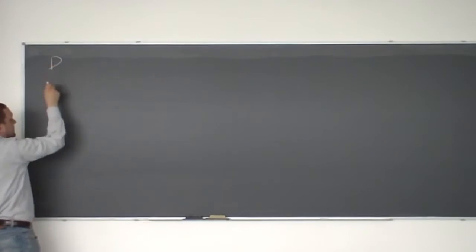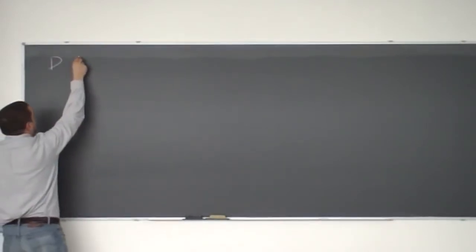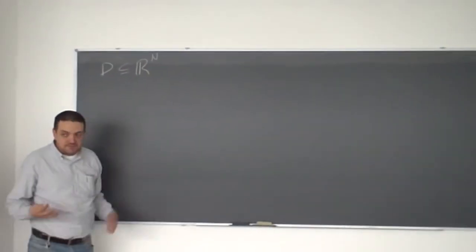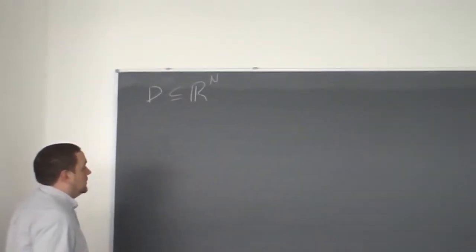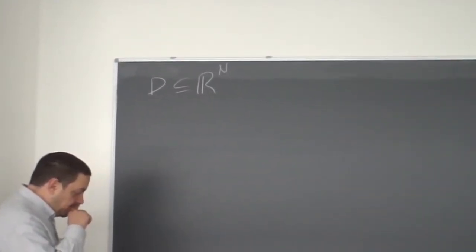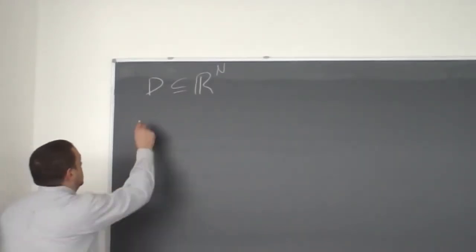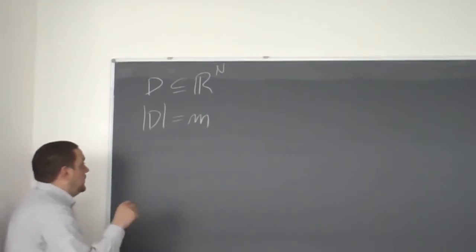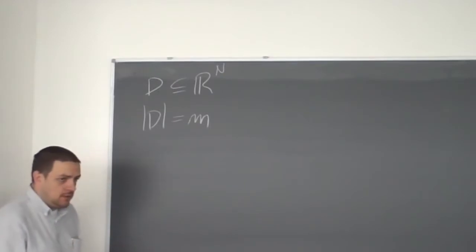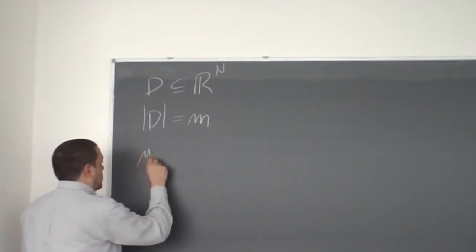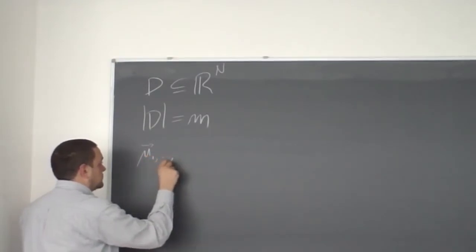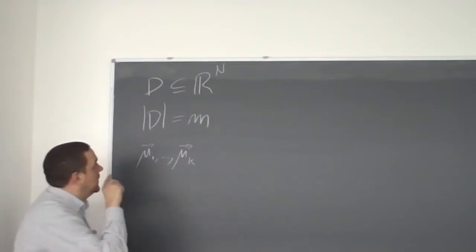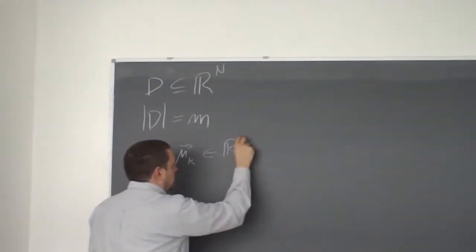So, we have a set D of elements. These elements are possibly in a high-dimensional space. And in particular, we have this number m of elements. And we want to approximate them with a small set of vectors, a set of k vectors, of course each of them being in the same space,